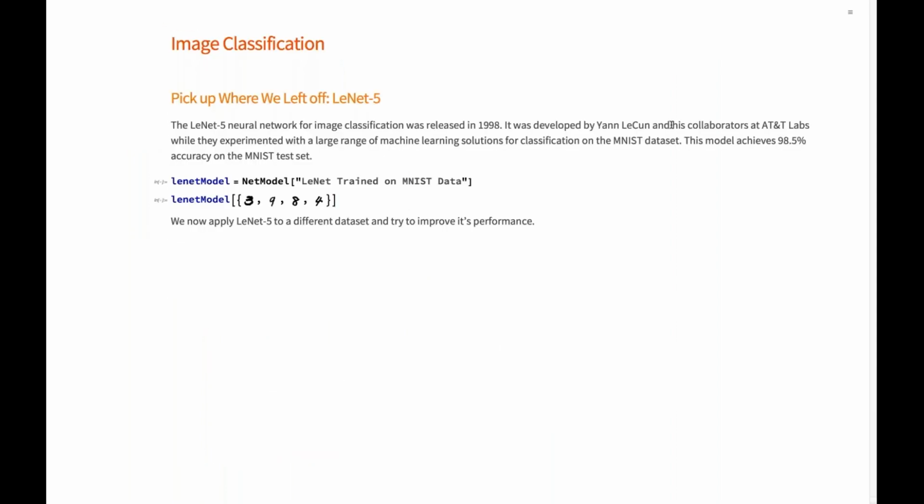All right, so that's roughly the scope of what I will talk about this morning or afternoon or evening, wherever you are. And I'll pick up pretty much exactly where Sebastian 3 weeks ago left off, introducing the framework and the technicalities of the Wolfram language implementation of a deep neural network framework.